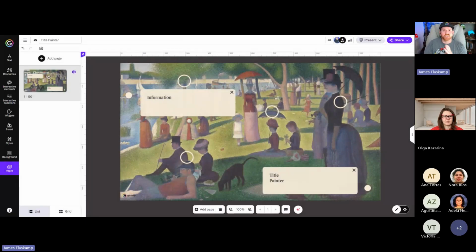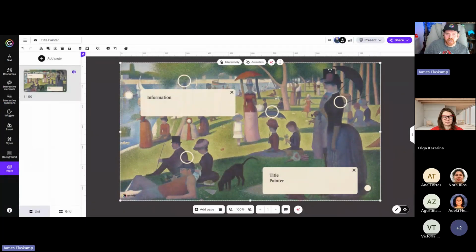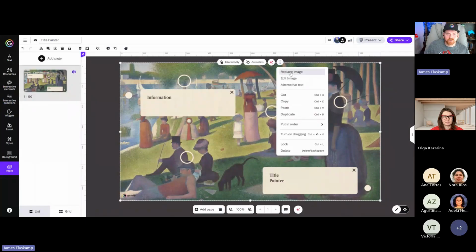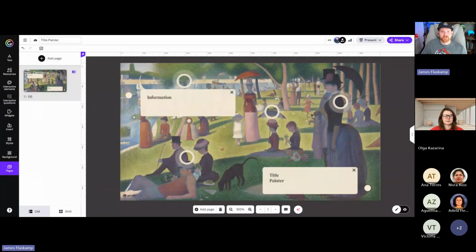And this process is just as easy with any other image, okay? It's just a case of changing out the background, right? So you can click on the image and you can, in your 3-dot menu, do replace image. Replace it with whatever you want. Make any image interactive, whether it's an image, a map, a painting, whatever fits into your content area. You can very easily do that. And you may even find a template that has already done that, in the case of this interactive artwork image. Okay, so that is how that process works.